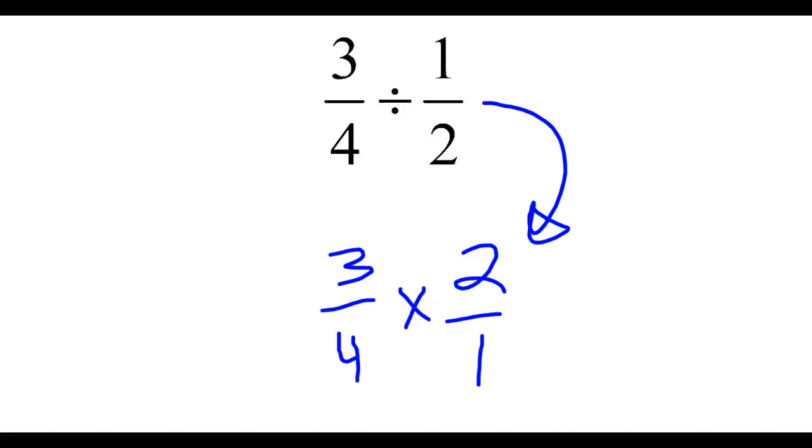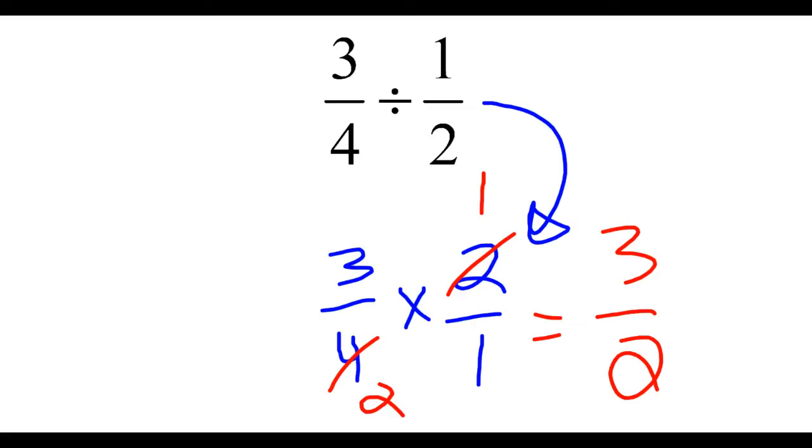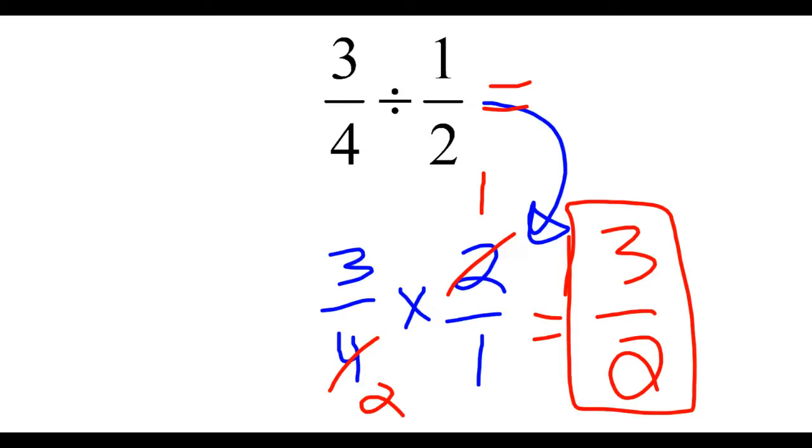So when we actually get through and do this multiplication, like we talked about in class, we can simplify. So I'm going to simplify here. The 2 and the 4 can both be divided by 2 to make 1 and 2. 3 times 1 is 3. 2 times 1 is 2. It takes 3 halves, or 1.5 halves, to make 3/4. So the answer, the quotient, 3/4 divided by 1/2,